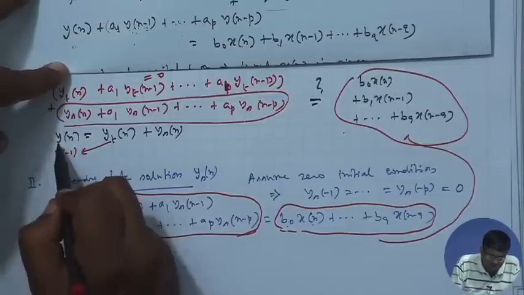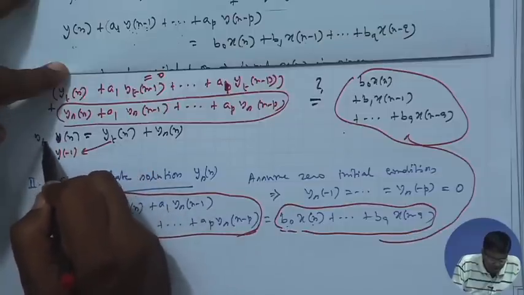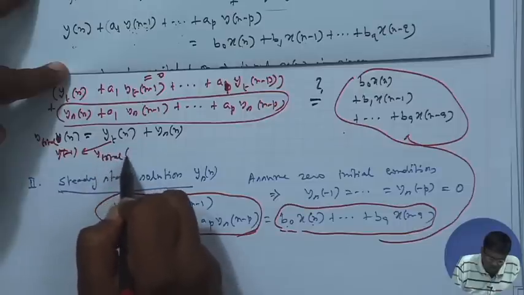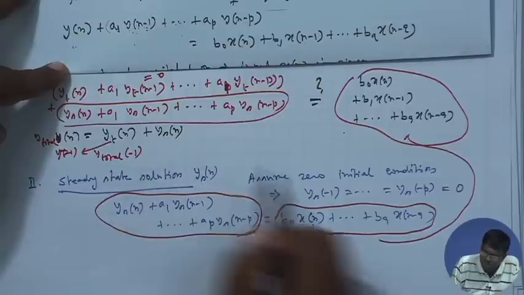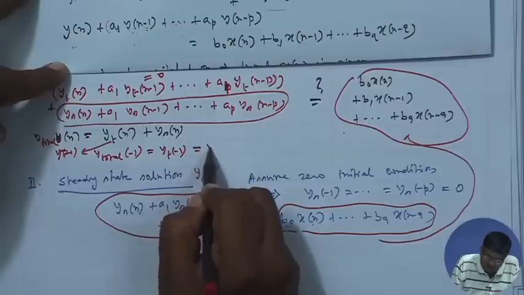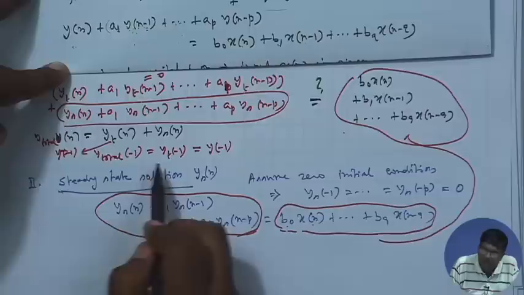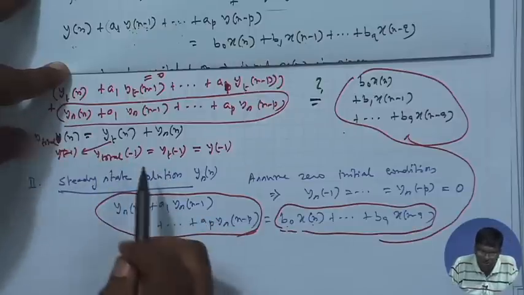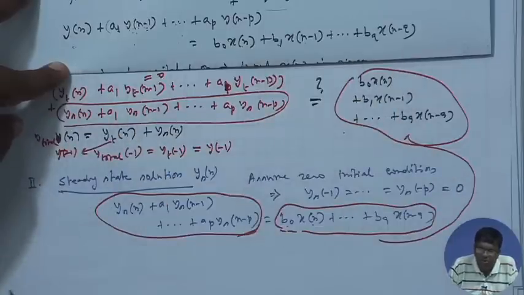Okay, y minus 2. If you call this y total n, then y total at minus 1 is the same as y t minus 1 plus y s minus 1, but y s minus 1 was 0. So it becomes y t minus 1, but y t minus 1 was taken to be the given initial condition y minus 1. So this total solution satisfies the initial condition at minus 1, similarly at minus 2, minus 3. That means it satisfies all the initial conditions, and also it satisfies this difference equation, because if I put it back on the left hand side,